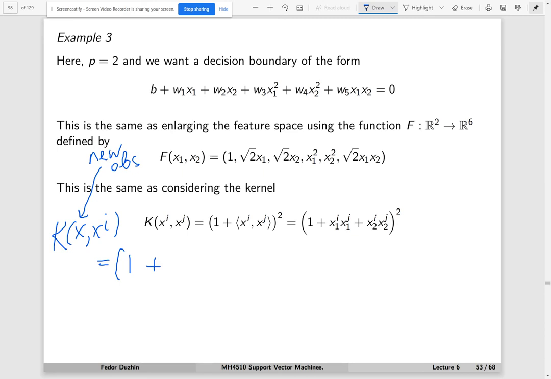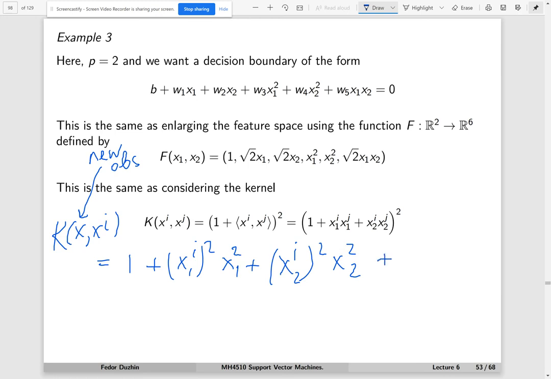So I'm going to have the sum of squares: x1i squared times x1 squared plus x2i squared, of course it should be i, not j, times x2 squared